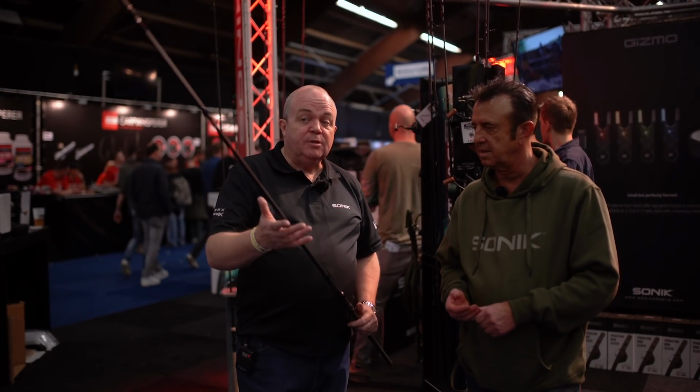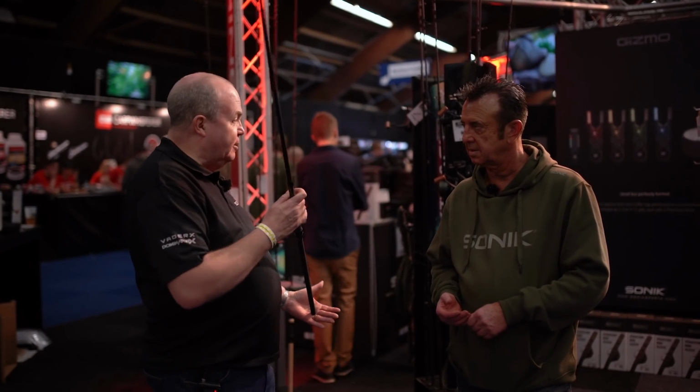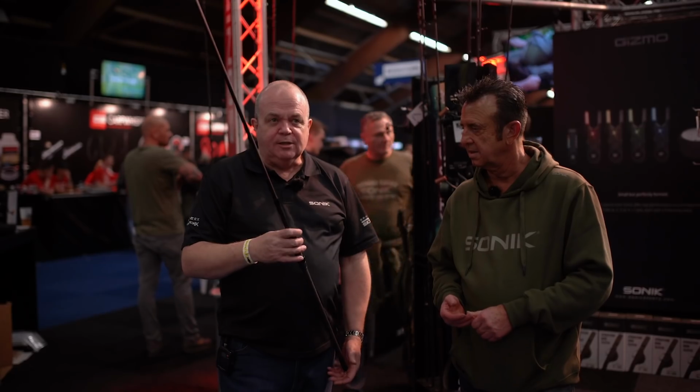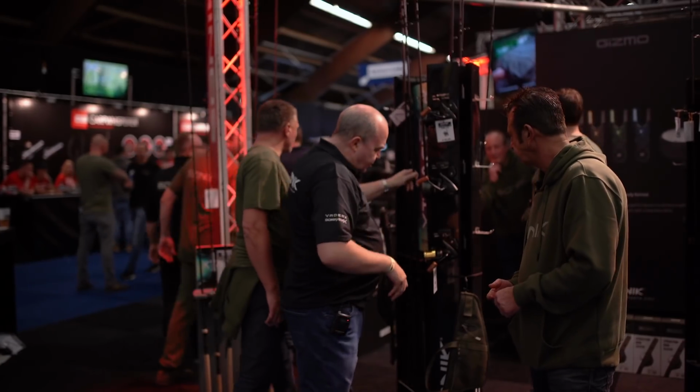Great for boat fishing. You can also cast a long way with them. And they're not expensive. I mean, what are they, 50, 60 quid? So you can get a set of 3 for the price of 1 rod from other people. So that's that one. We've also now introduced...